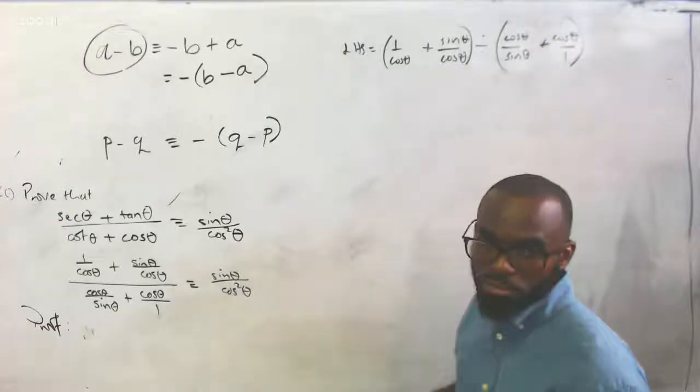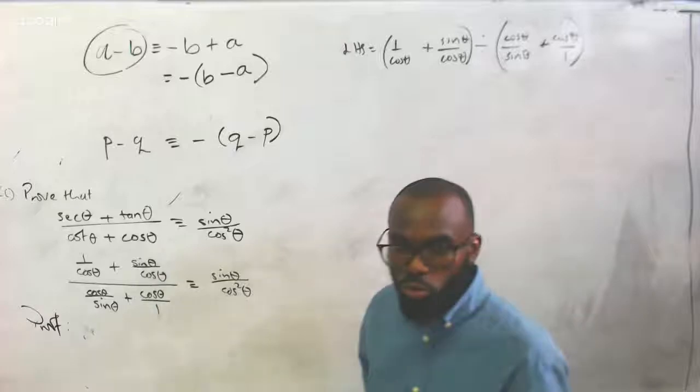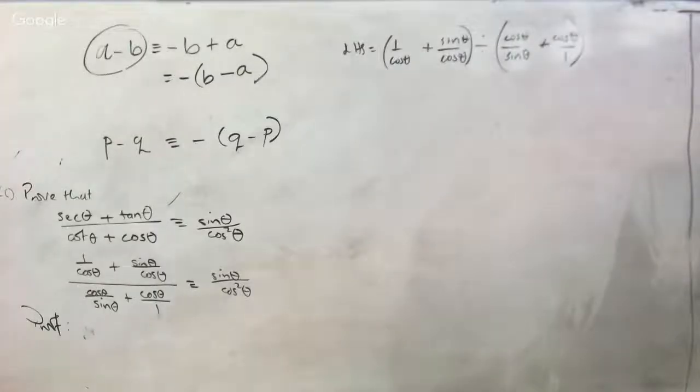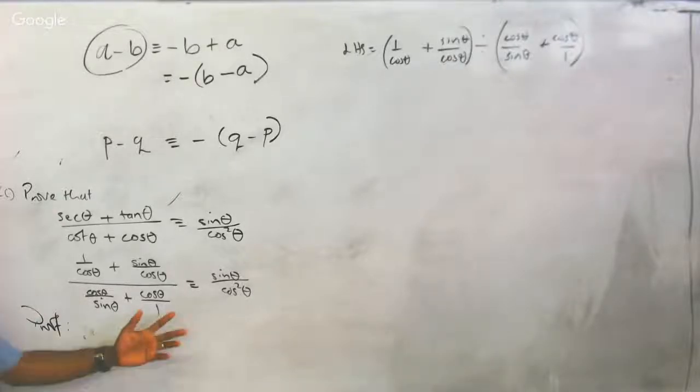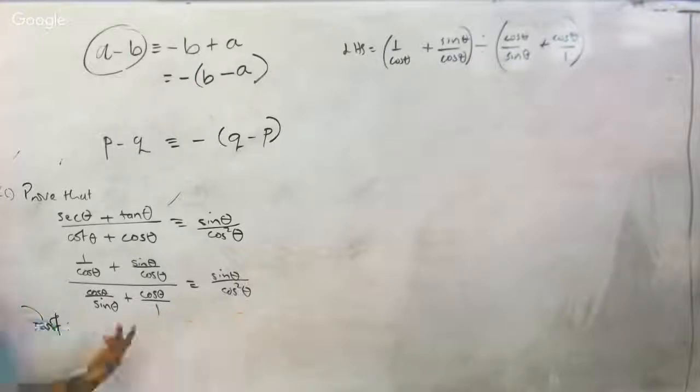For those who are new and didn't get to watch the video, you must be wondering why I do that. It's a rule that we came up with: once we're proving something, the first thing we want to do in trigonometry is to see sine and cosine only. That's our way of getting through without stubbing our toe too much. The second thing was we start with the most complicated of the 2 sides, because in proofs, if I take anything from one side to the next, I am automatically incorrect. Fair enough?